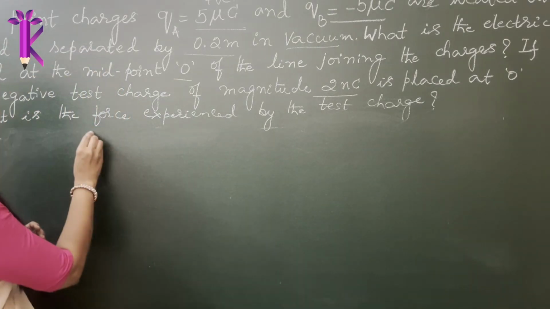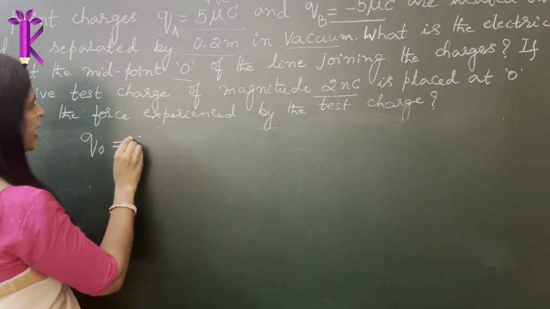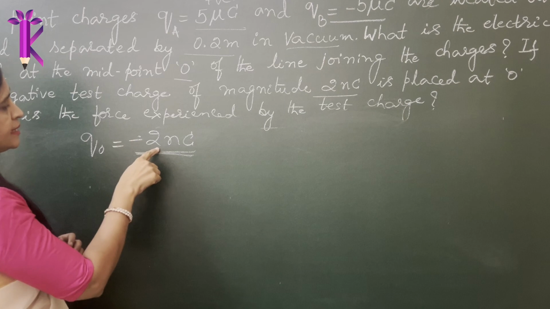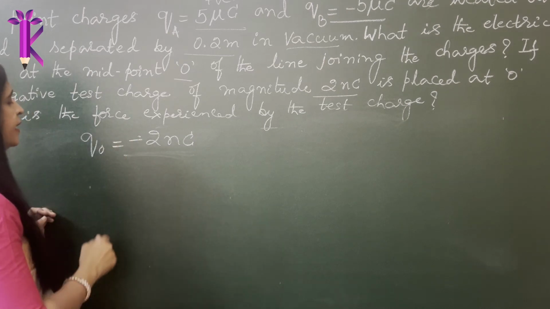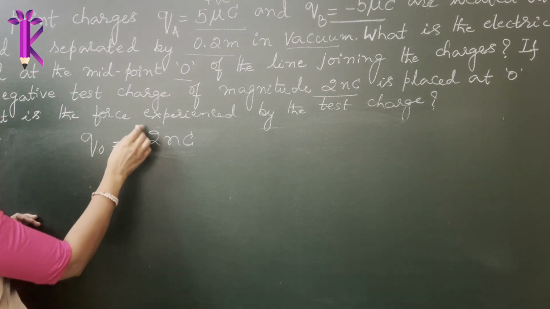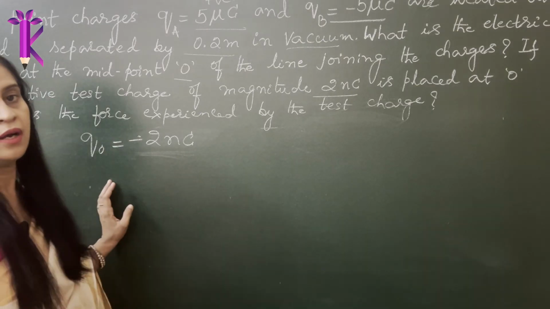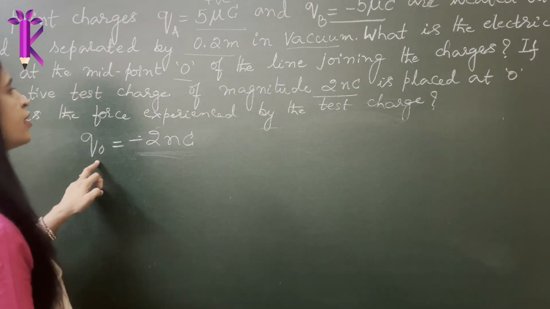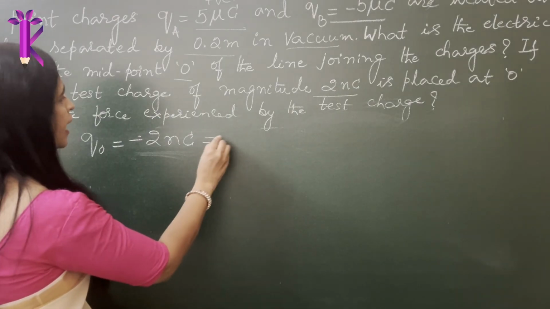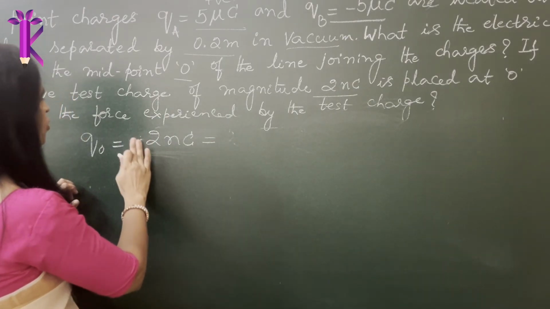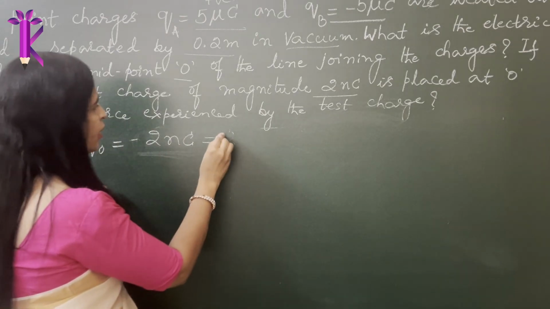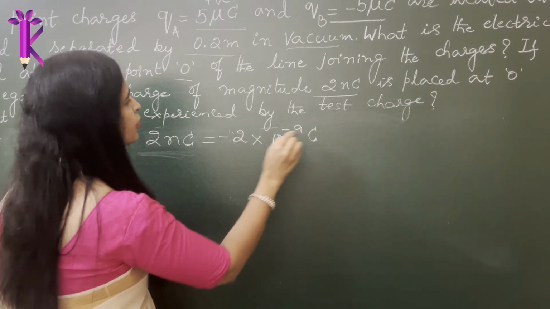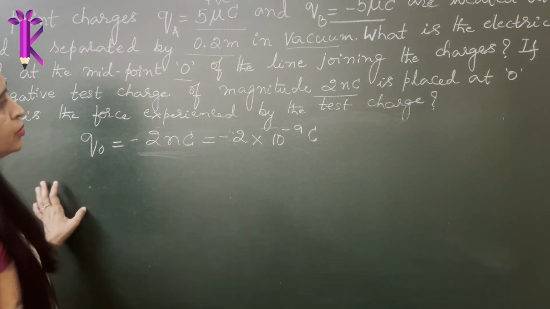So the negative test charge that they are placing is minus 2 nanocoulomb. Anyhow, when we are calculating, we only take the magnitude. We do not bother about the plus or minus sign. This only tells you where the electric field or force of attraction or force of repulsion is pointing. So what is the question? Q naught is given to be 2 nanocoulomb, which is nothing but minus 2 nanocoulomb. So you can ignore the minus 2. If you want, you can write it, but when you are calculating, we don't need that minus sign because we are only writing the magnitude, right?